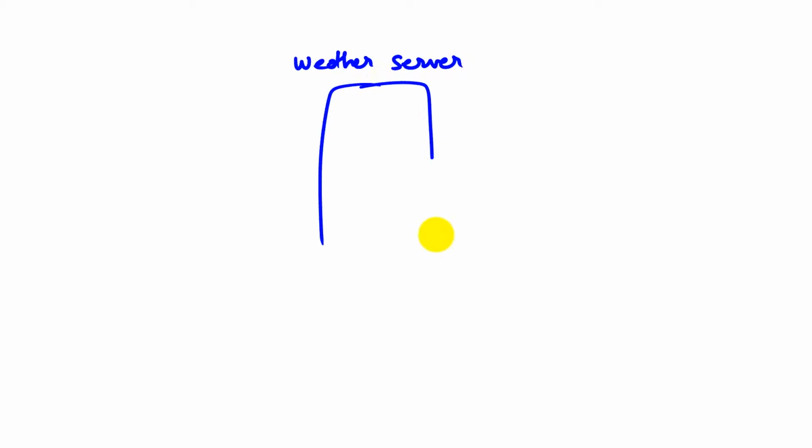Okay. So before John shows you how the weather map works using the embedded system with the booster pack, I'm going to show you what it does on a web browser. So the idea of the weather map is we have our weather server. The weather server runs at a